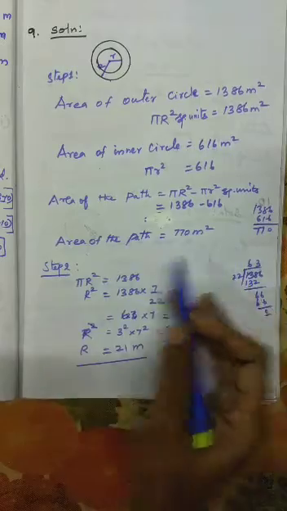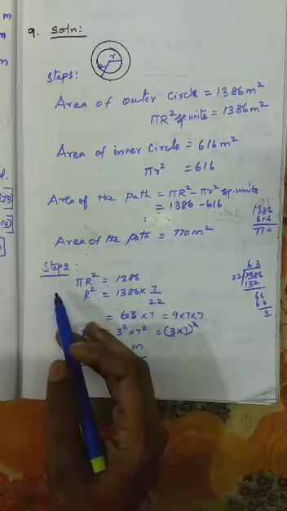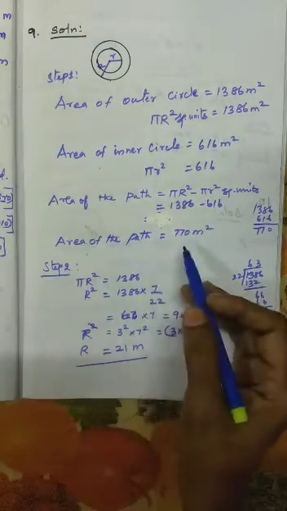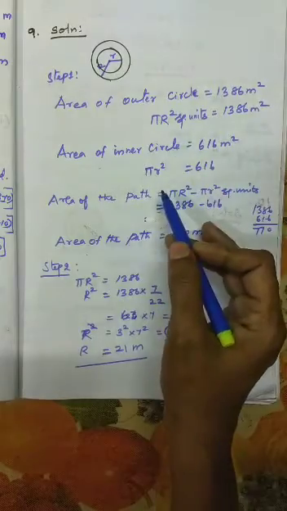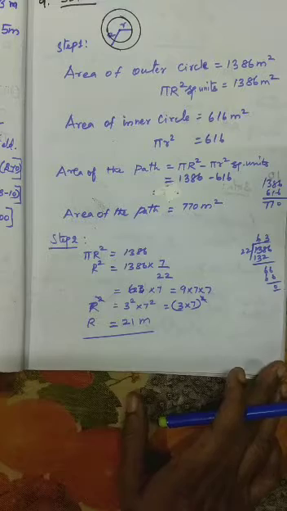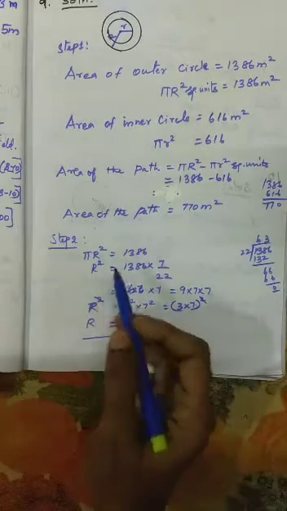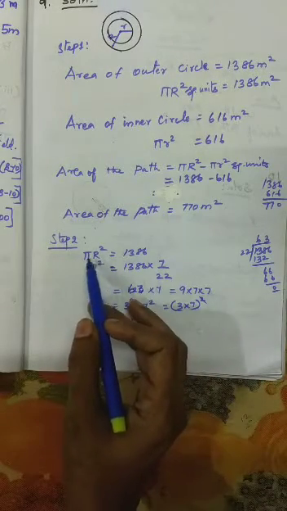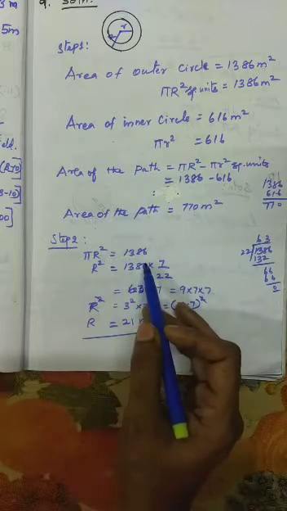First one we have found. Then the second question: we have to find the width. So we have to find capital R and small r. After that we have to subtract and get the width of the path. So first we will take the capital pi R square is equal to